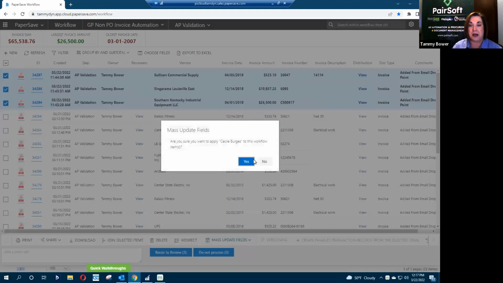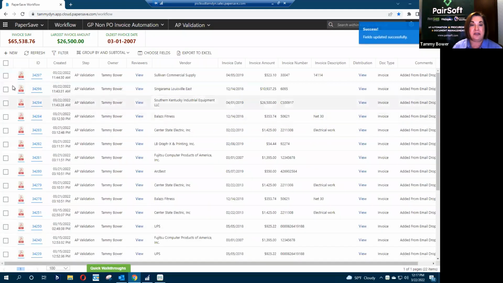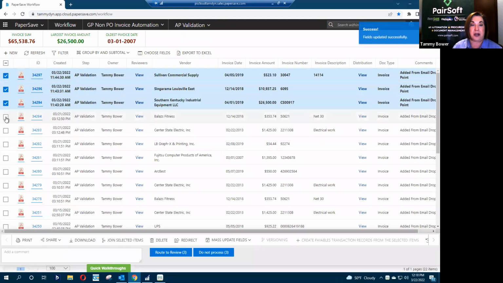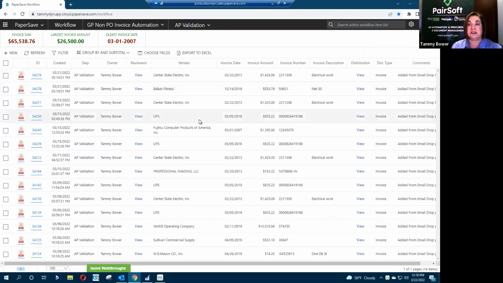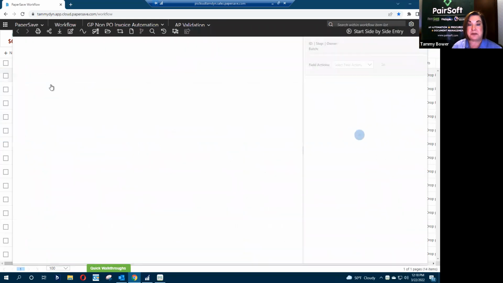Maybe these three go to Cecile, great. And then I can choose the ones I want to route right away. And I can say route to, and they're going to leave my inbox and go to the approver's inbox, PaperSave workflow inbox.